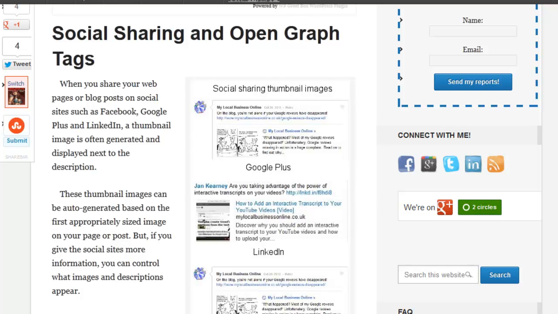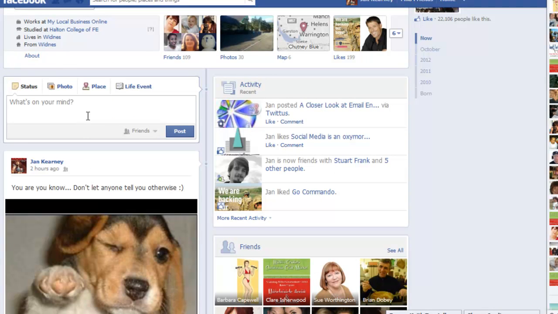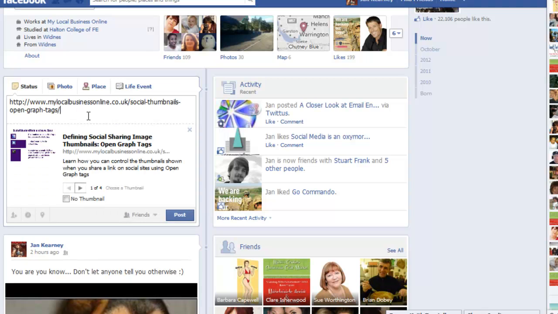tags. If I just pop over to Facebook and paste a link in, and without actually sharing it, immediately what pops up is an image, a title and a description, and you can control each of these and what is shown here by using the open graph tags. Now, open graph was originally developed for Facebook, but it's also recognized by LinkedIn, Google+, and Twitter, which we're going to talk about in a little while. So now you know what it is and what it does. It's how do you get this information into your blog post and website?